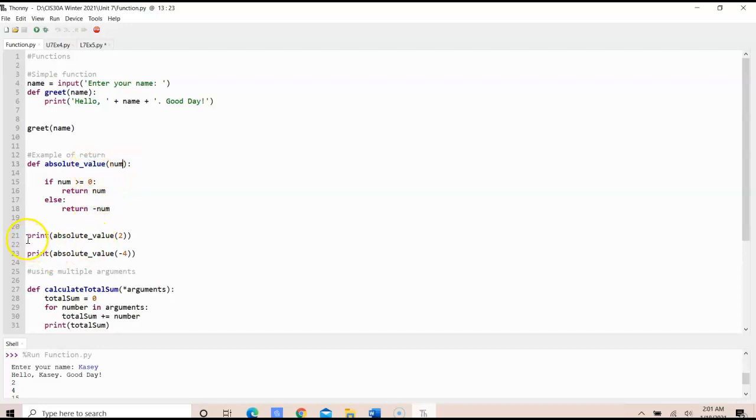And when we call it, we would use the 2 as the argument for that function. So we pass 2 here, and it's going to print out the 2 as it is greater than or equal to 0. When we use the -4, because it's not greater than or equal to 0, it's going to kick it over to else here, and it's going to return the negative value, which is -4,